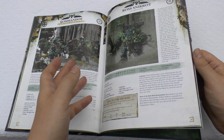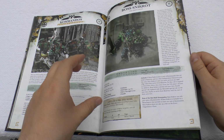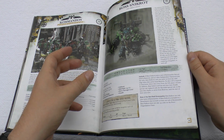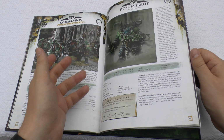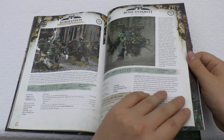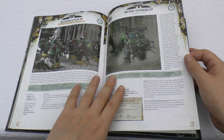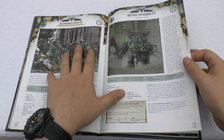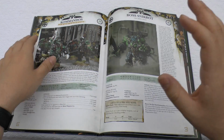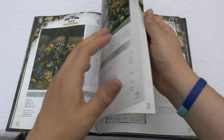I suppose you are grabbing in people that like the models, and they'll buy them anyway as an impulse buy, but I think you're just miffing off the majority of hobbyists if you do it that way. It's a gamble, and they're doing a lot of gambling, GW, but I think you must play it safe. Unfortunately, you must bring out the codex first and bring out all the cool models later. I know that wouldn't work for this codex, because as you can see, there are pictures of the new models,